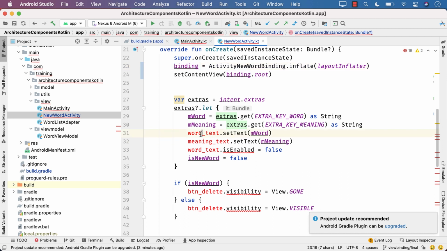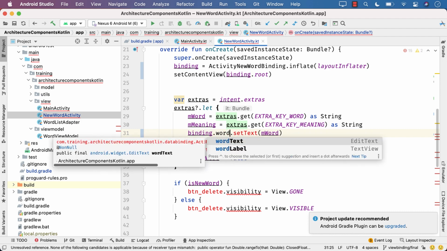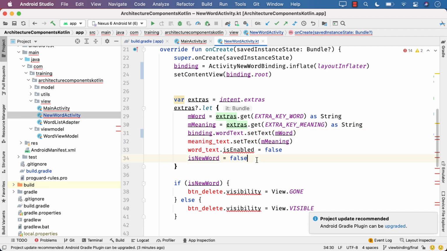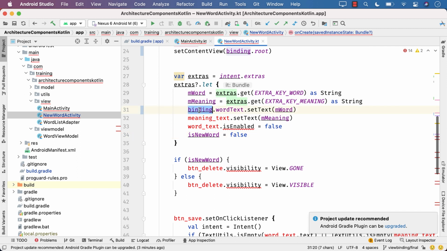So this word text, convert it into camel case. So refer to it using binding dot wordText. This becomes binding.meaningText. As you type, you will see the prompt.